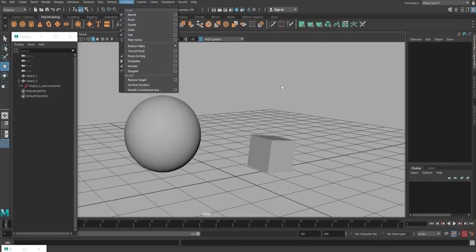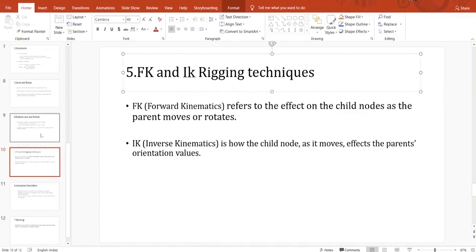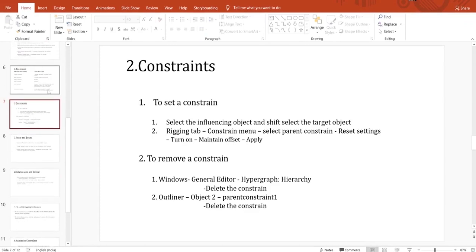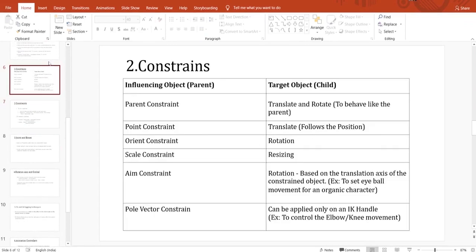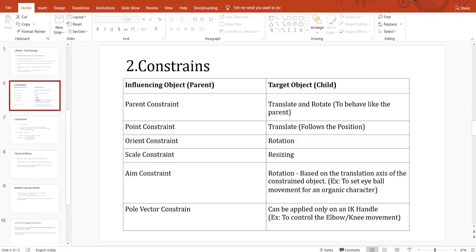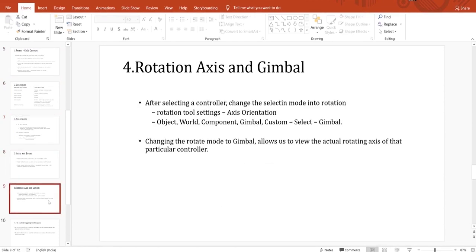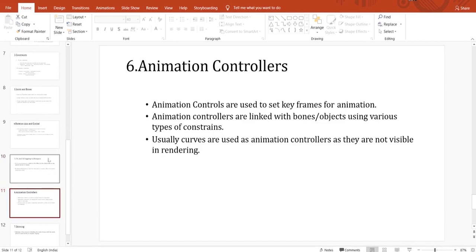Pole vector constraint. Okay, so I want you to go back and play back. I want you to practice the parent-child concept and all the constraints, and get very clear knowledge about these two concepts before we get into the other contents like joints, bones, and IK, FK and everything.